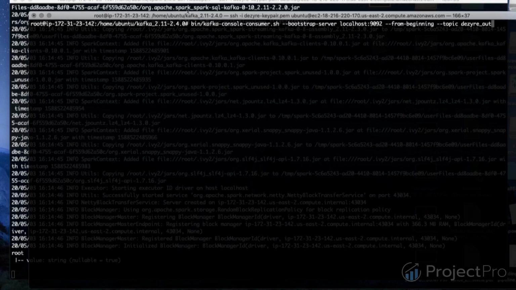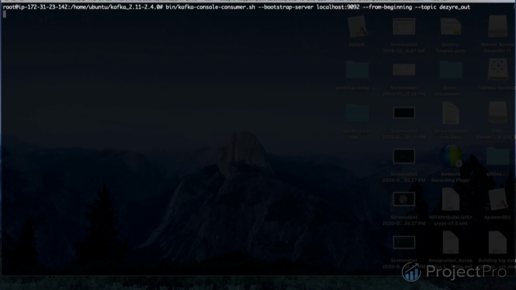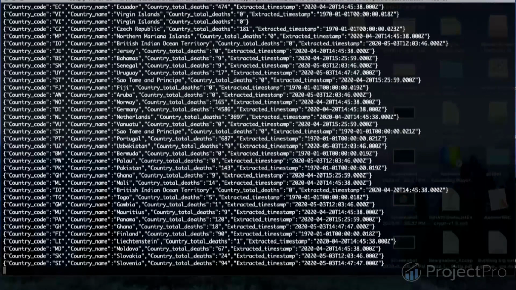Desire out is the output topic onto which the PySpark code will write the data. So let's see what output is there in this desire out. This is the processed data in JSON format, which has been written into the Kafka topic using the writeStream command.